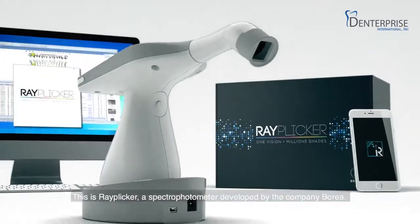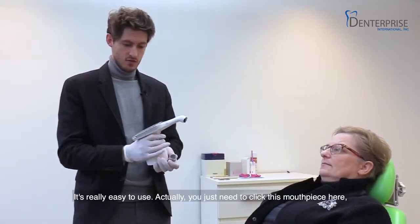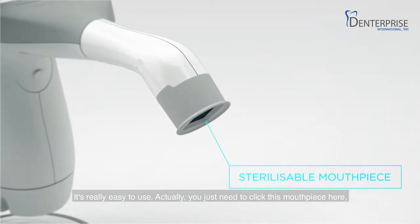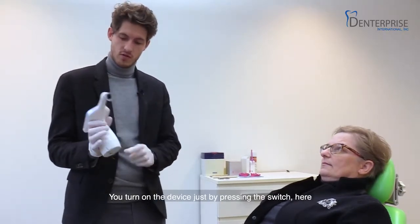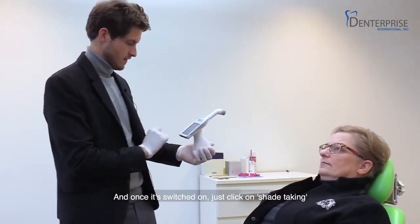This is Rayplicker, a spectrophotometer developed by the company Borea. It's really easy to use. Actually, you just need to clip this mouthpiece here, which is a sterilizable mouthpiece. You light on the device just by pressing the switch here, and once it's switched on, just click on shade